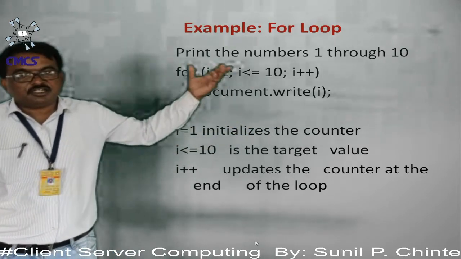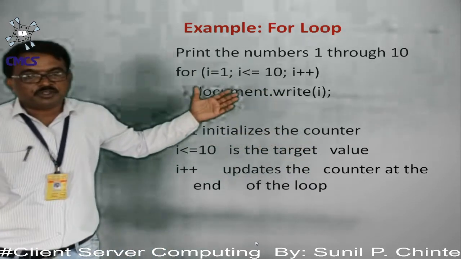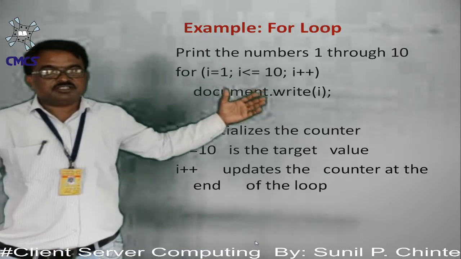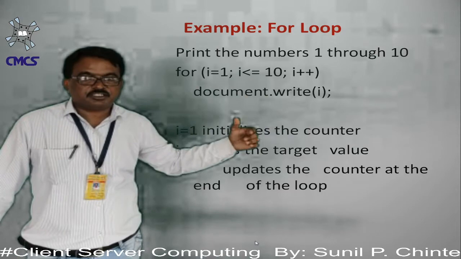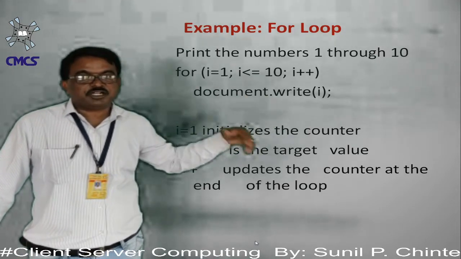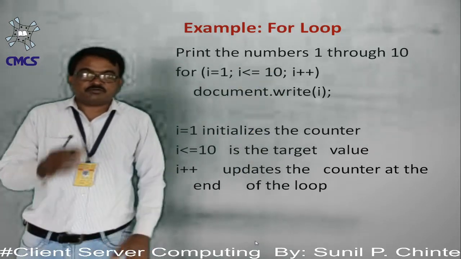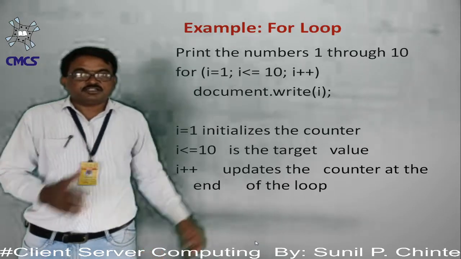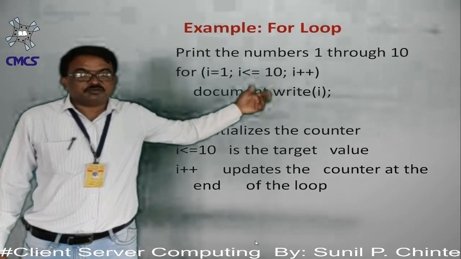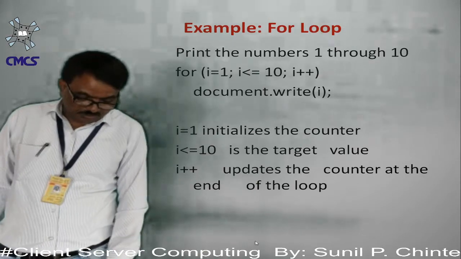Before starting the next iteration, the value of I will be increased by 1. That will become 2. Now the value of I, that is 2. 2 less than 10 है. Yes, condition satisfied. The second iteration will start. Okay, and it will print the value 2. Before starting the third, the I value will be increased. One important point here: the initialization will be performed a single time, but the increments and the conditions will be performed in every iteration. Okay, so this is about the for loops.